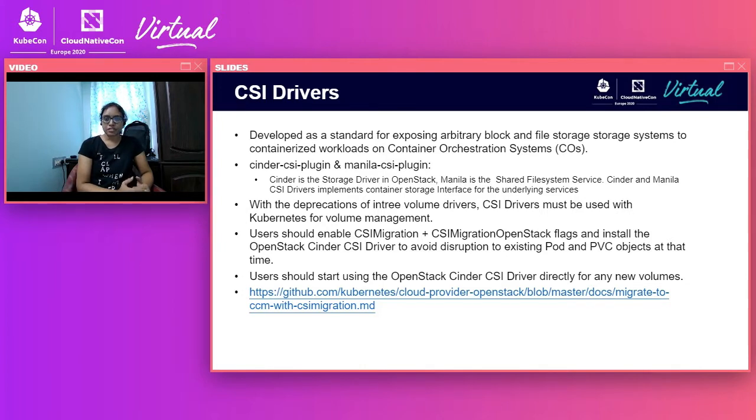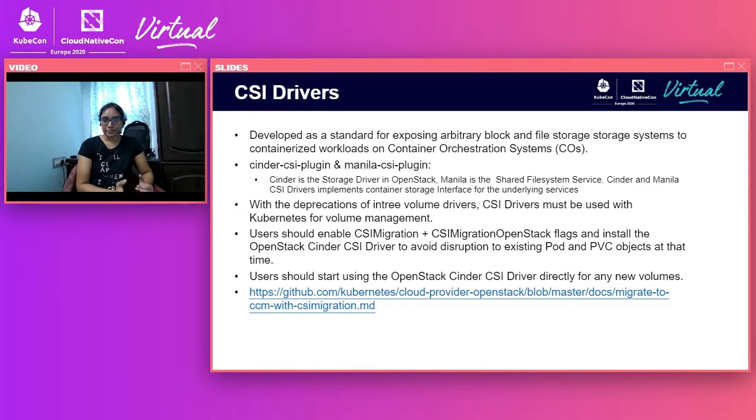The in-tree Cinder provisioner, which is used for volume management, is deprecated, and so the CSI driver must be used for volume management. For the migration, there is a set of flags like CSIMigration and CSIMigrationOpenStack. These can be enabled in the Kube API server and Kube controller manager, so that all the in-tree calls are routed to the CSI drivers.